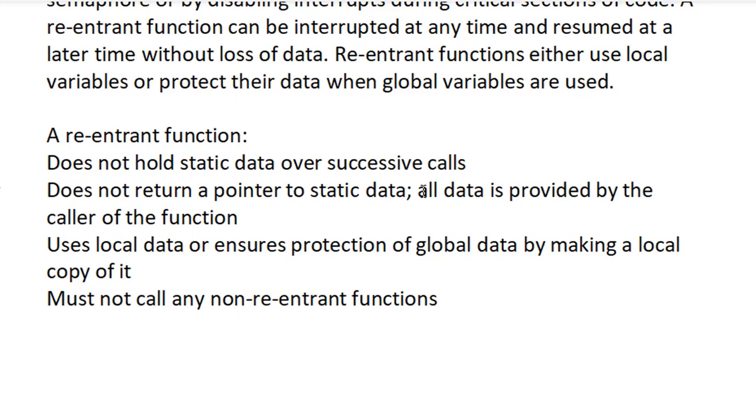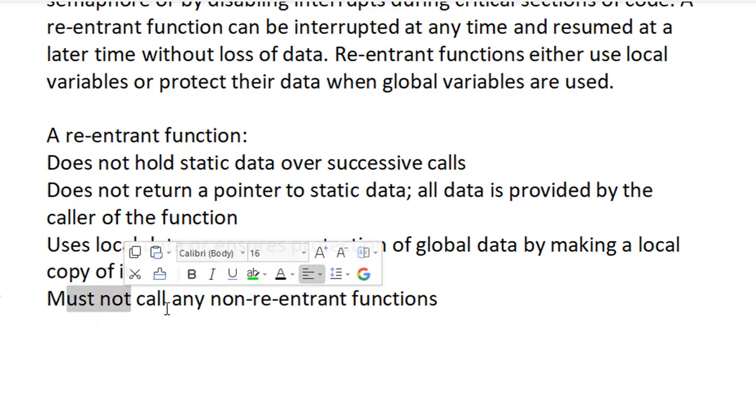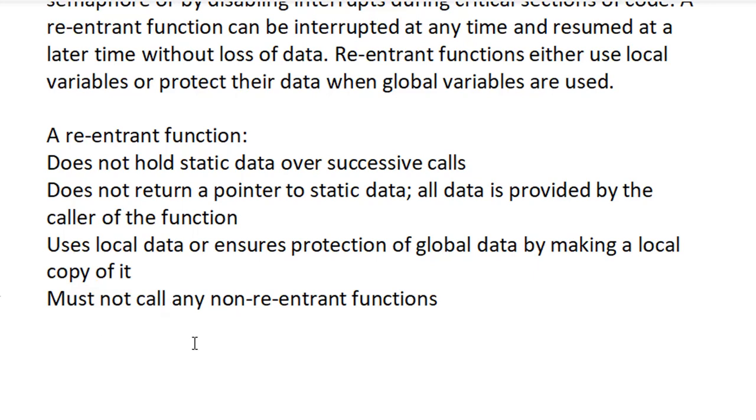Say one process came, calculated everything, kept it and then returned. Another process will come, also calculate and put it in the same place. Once it does that in the same place, if another process wants that data, it won't be able to get it. This is one of the important things when we are writing a reentrant function.